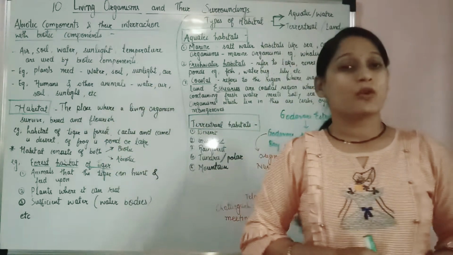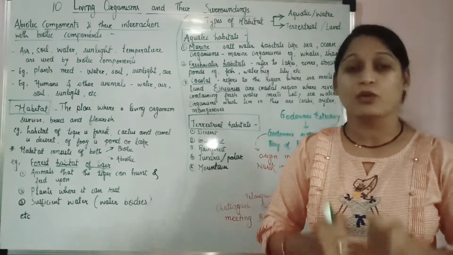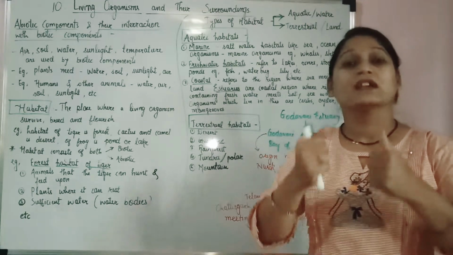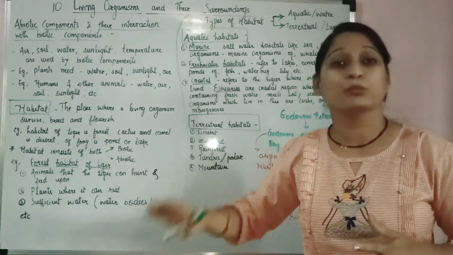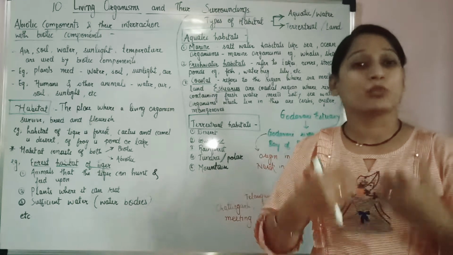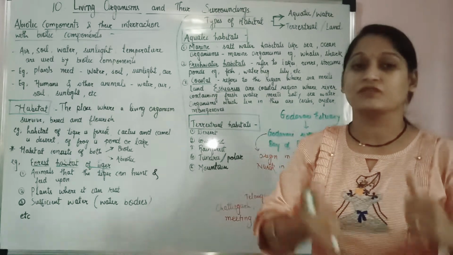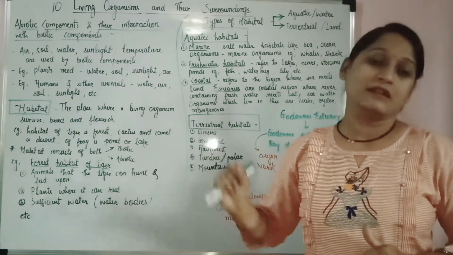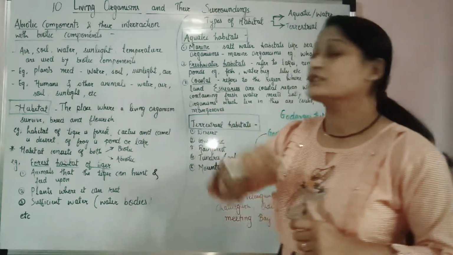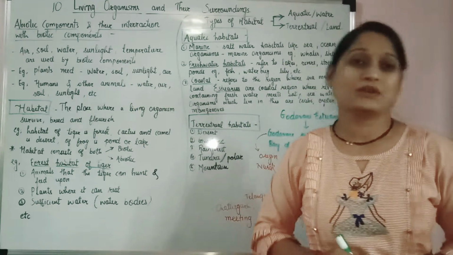So the abiotic components, like water. Water is an essential source by which our life processes can run smoothly. Even our body requires water so that all the internal processes going on in our body will work smoothly, right? Water is also an essential part of our life, and it is an abiotic component.